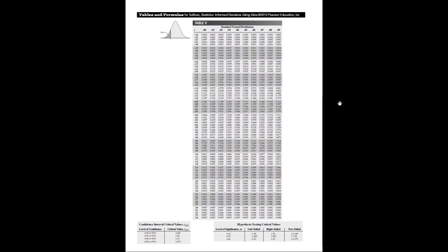So if my example, as we see in this first problem, says find the area to the right of negative 1.22, I'm going to have to find negative 1.22. I see negative 1.2 right here. And then the hundredths place, I have to find which column I want. I want negative 1.22. That's this one right here. This would be where the second decimal place is at 2. So I want the intersection of those two lines for the area that corresponds to that z-score. And again, remember, that's the area to the left.